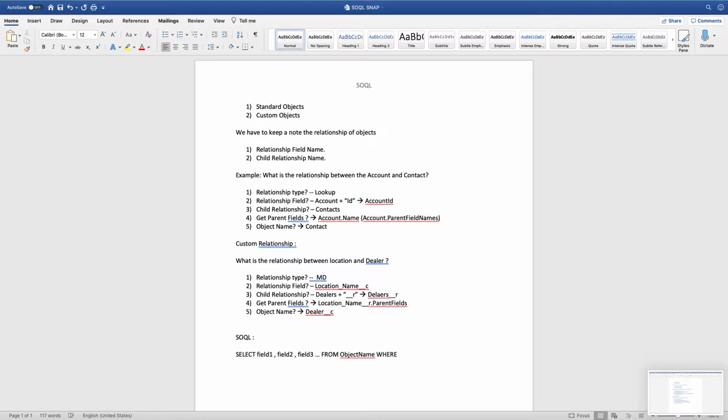Where condition 1 and condition 2, or as many as you want.